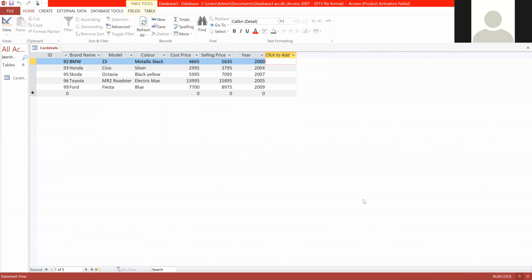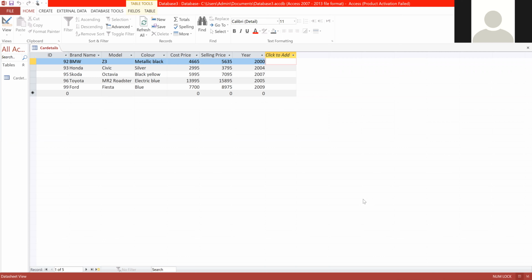And to find out details belonging to a particular field or particular record, you have to run a query, and the database would search all the records that match the criteria. Means if, as I told you, you want to compare two records or two rows, whatever it is, you need to search, right? So before that, you have to run a query in the database to search all the records that match the criteria specified. Means whatever the condition, criteria means condition, whatever the condition we are searching for, that we have to specify and run a query in the database. That is called a query.